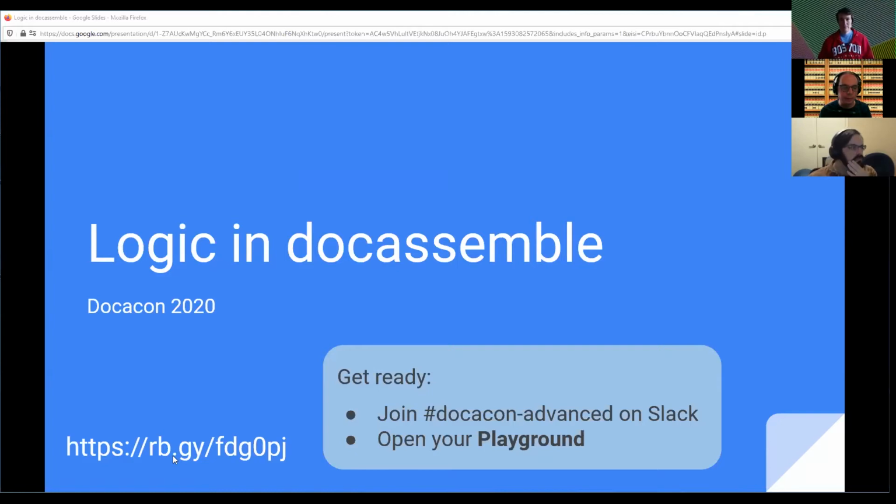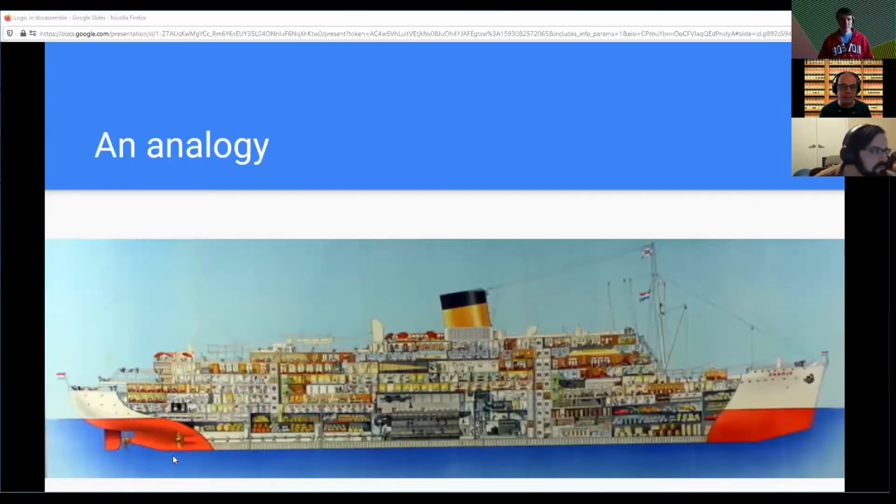All right, so I'm going to start by giving you an analogy to demonstrate the way logic works in Docassemble, because I feel like a lot of people get really deep in Docassemble without understanding some sort of basics of the way that logic works in the peculiar Docassemble universe. So I'll make an analogy to the sailors on board a big boat, like a